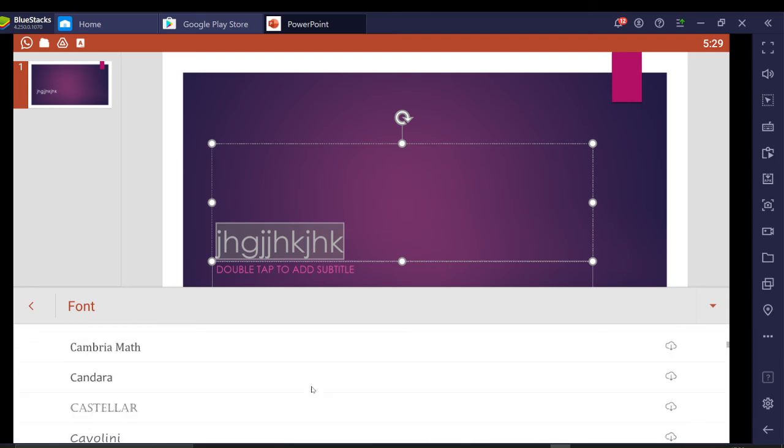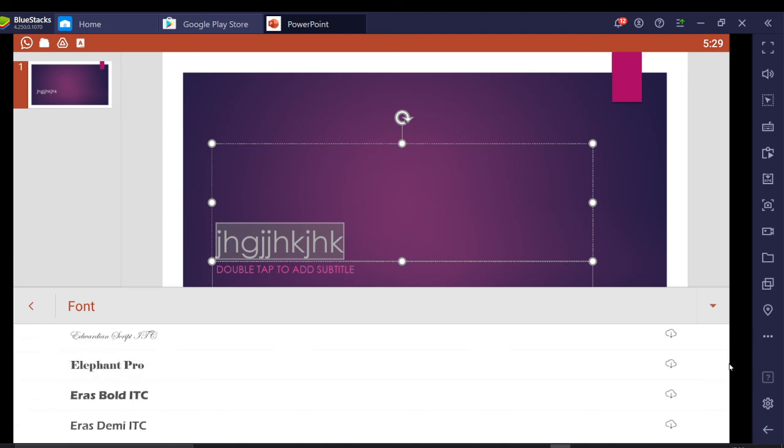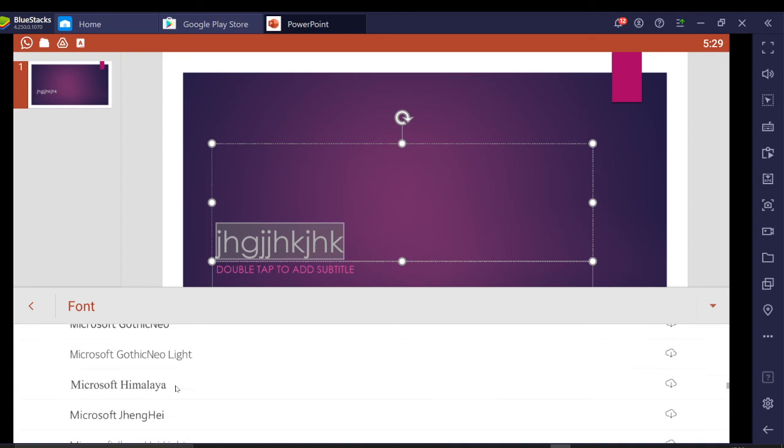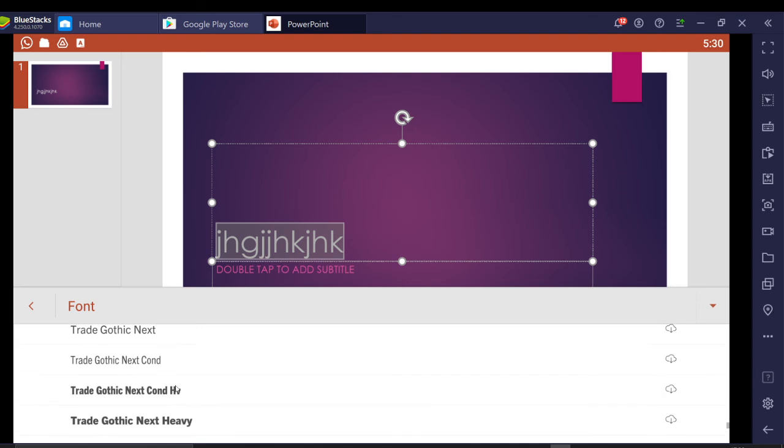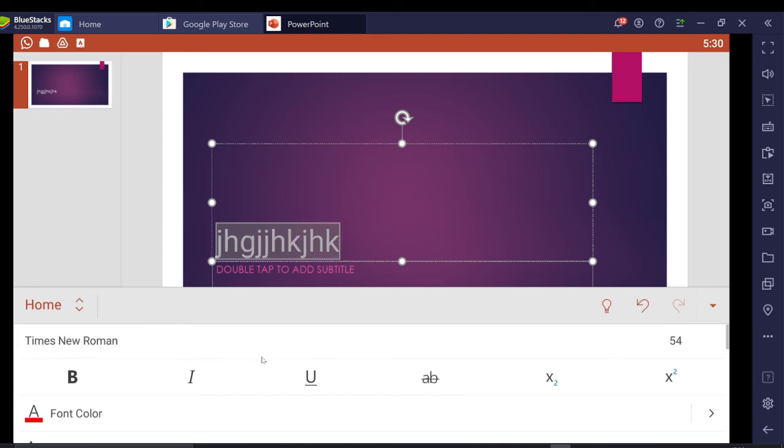In touch screen it will work easily, you can type it, but now I'm using a simulator, that's why it will take time. Yes, it came. Times New Roman.